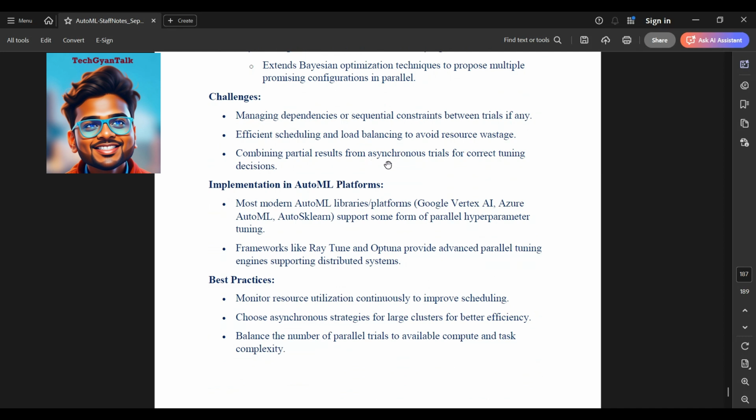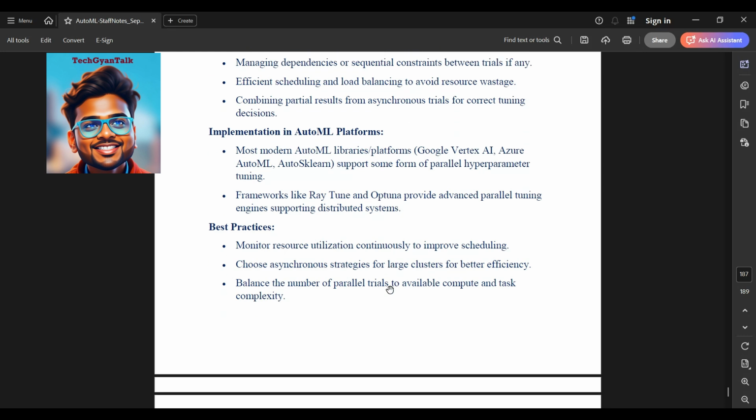and combining partial results from asynchronous trials for correct tuning decisions. As for implementation in AutoML platforms, most modern AutoML libraries or platforms, like Google Vertex AI, Azure AutoML, and scikit-learn, support some form of parallel hyperparameter tuning. And frameworks like Ray Tune and Optuna provide advanced parallel tuning engines supporting distributed systems. And best practices in implementing